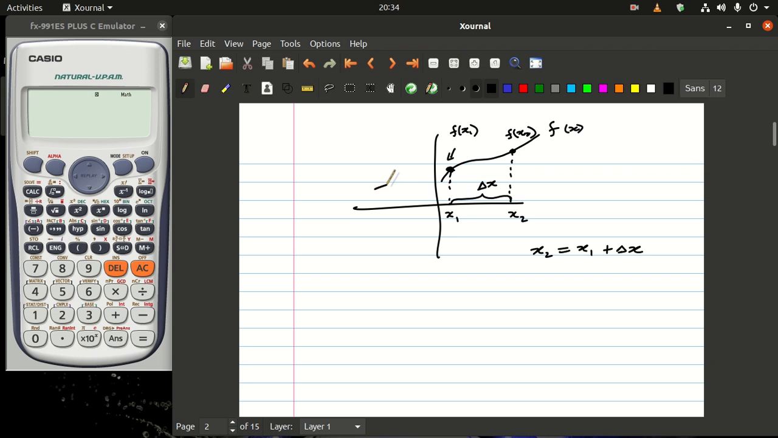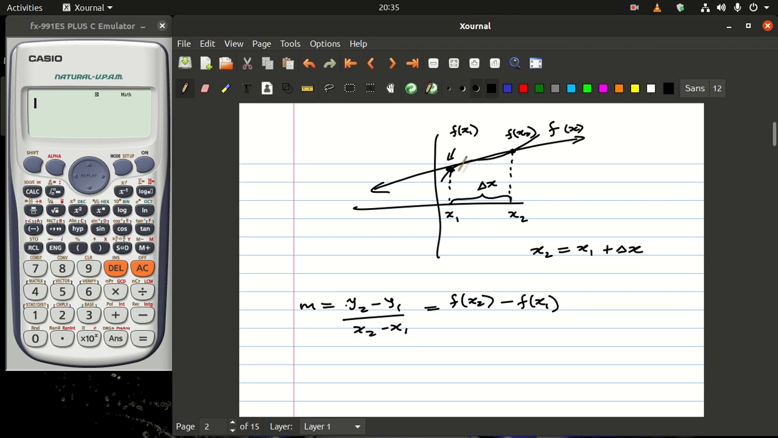And then if I place a line to pass through these 2 points, the slope of that line, or the average rate of change of this particular function f of x between these 2 points, is going to be given as y2 minus y1 divided by x2 minus x1. This is going to be the same as f of x2 minus f of x1,